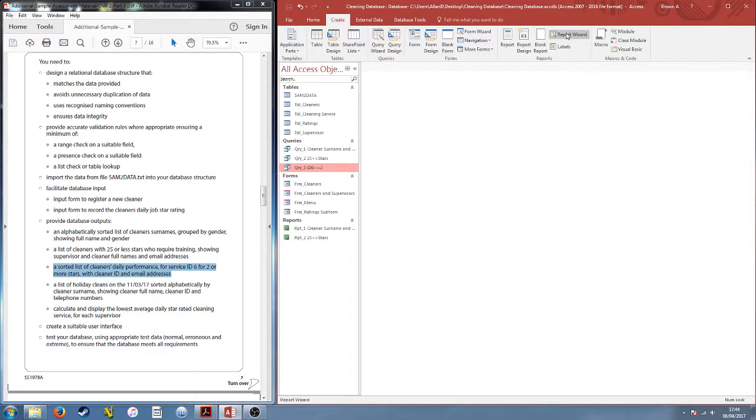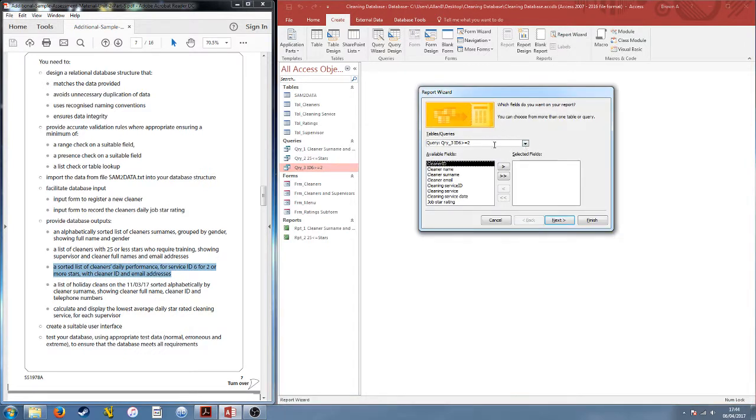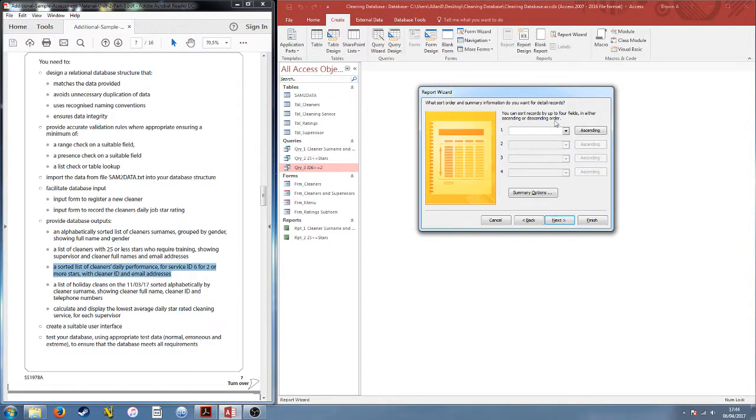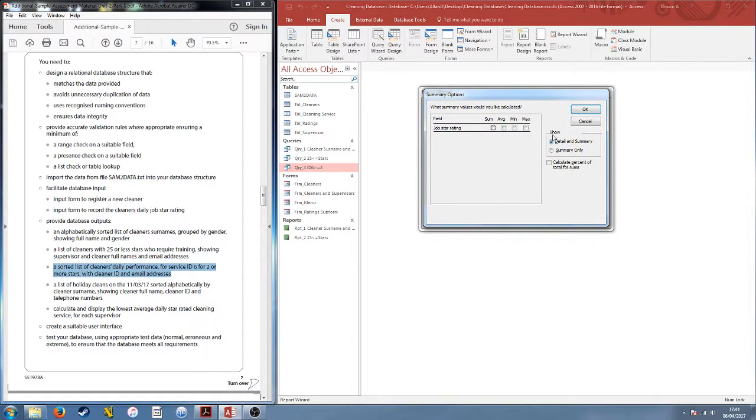So, right, now we're going to create the report for that. So, report wizard. Yep, it's already selected. We're going to whack across all the information that we want. Click next. Yep, it's sorting it all out quite nicely for us. Again, not that much work to do. The summary options thing, I'm going to come back to this later. If you need to